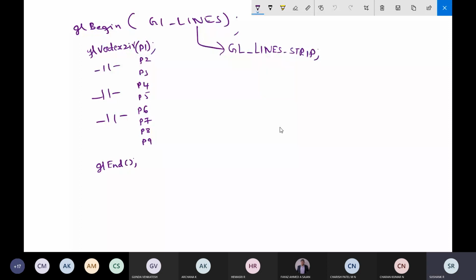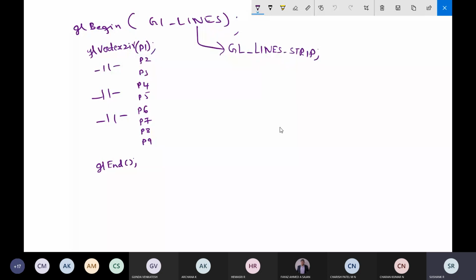You should speak because I cannot keep switching between the screens. Charan, Bhavana, Fayaz, Zenith, how many lines will be generated if I run this code? 4 lines, sir.